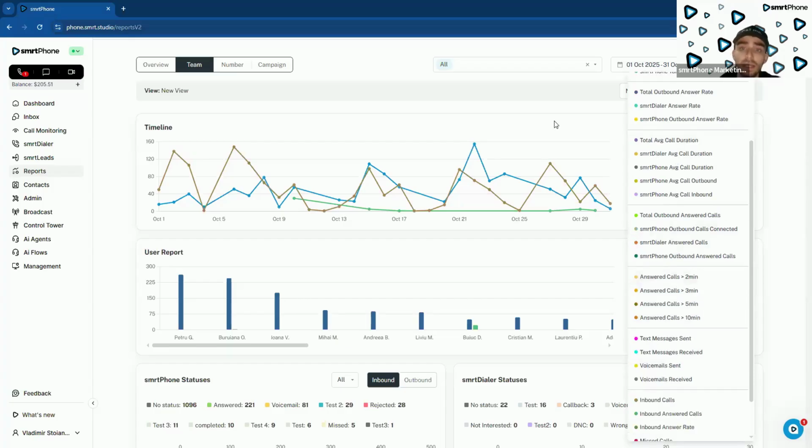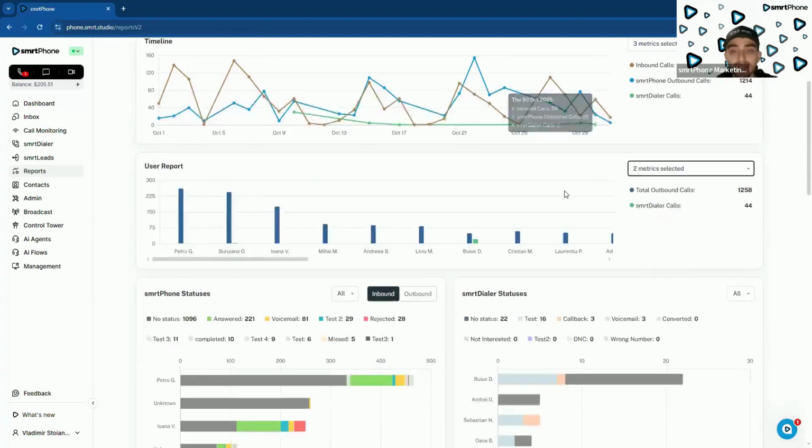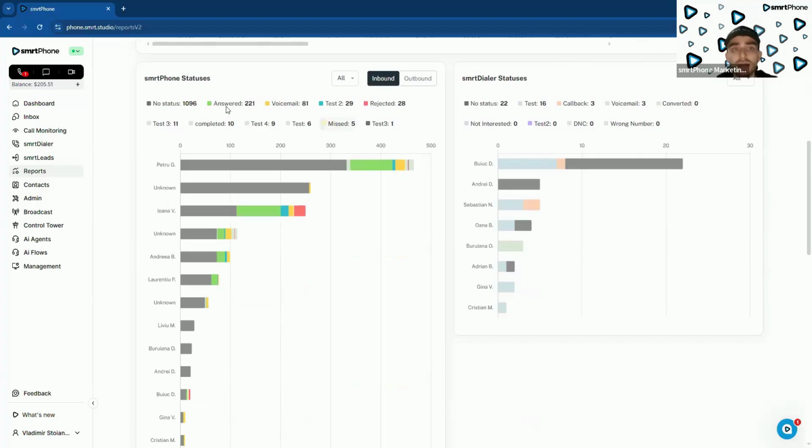And what I always recommend when it comes to reporting is setting up views. So to simplify things and minimize the friction, you can set up specific views of up to 5 metrics that you can choose from when you come under the report. So you don't always have to go through the list and pick up the metrics you want to analyze. I'm going to show you that in a second, but before I do that, I want to show you that